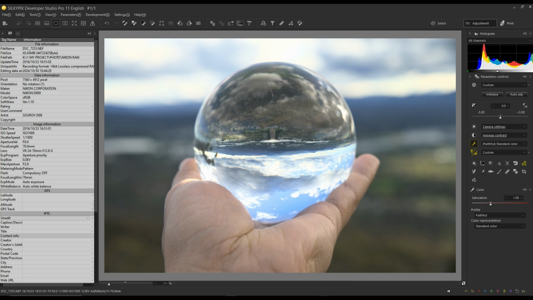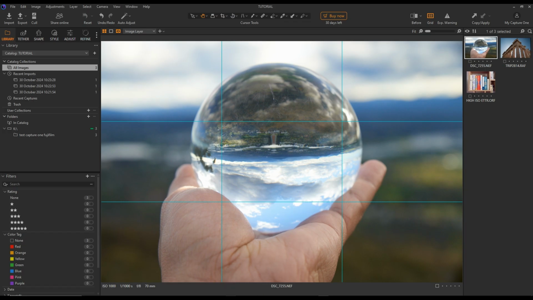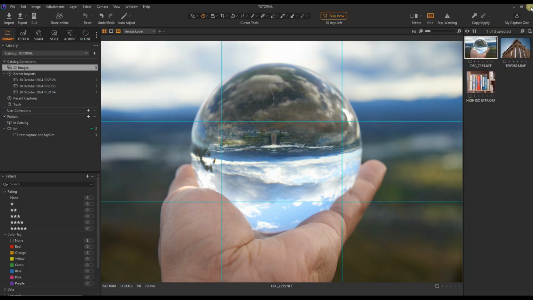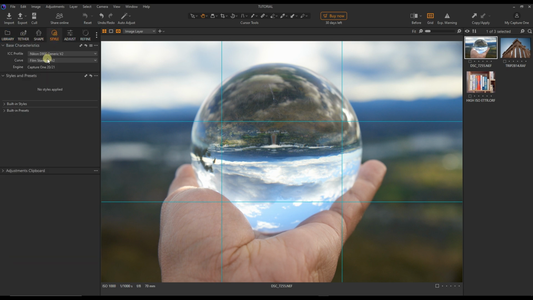And finally, Capture One Pro. I'm quite excited about it, actually. So what do we do? We are going to do exactly the same thing we did earlier. So we are in the library. We're going to style, and there should be generic. So Nikon flat,